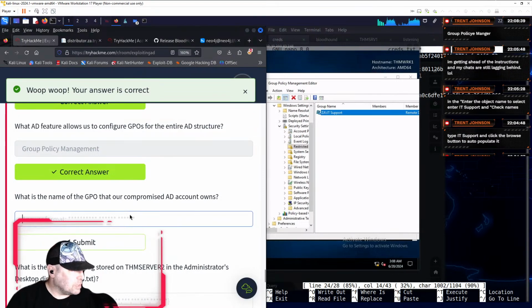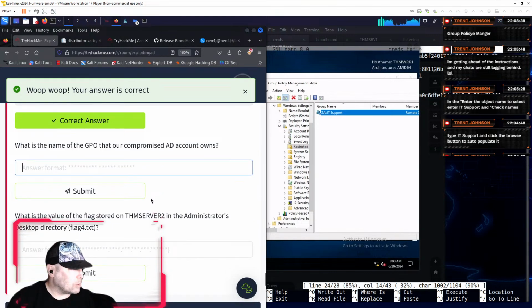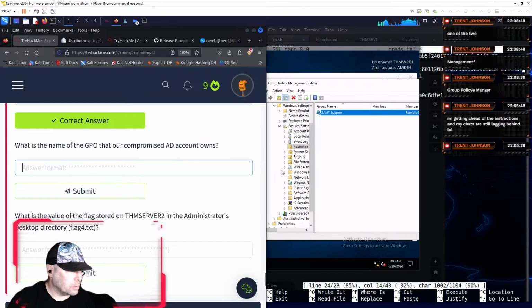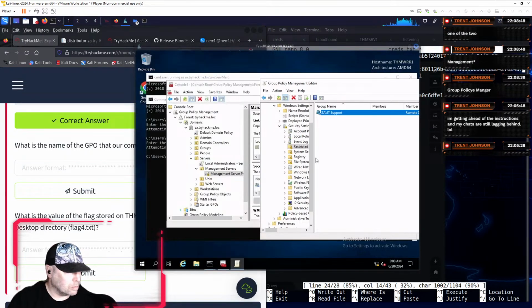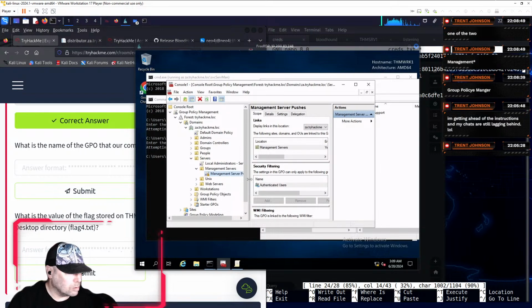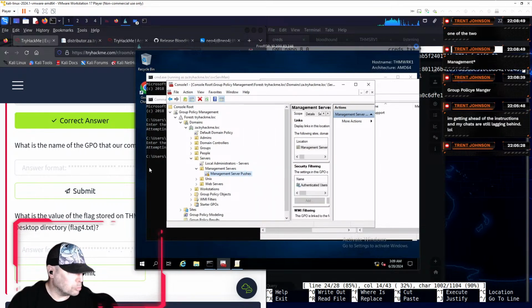What is the name of the GPO that our compromised AD account owns? Or management server. Management server pushes.